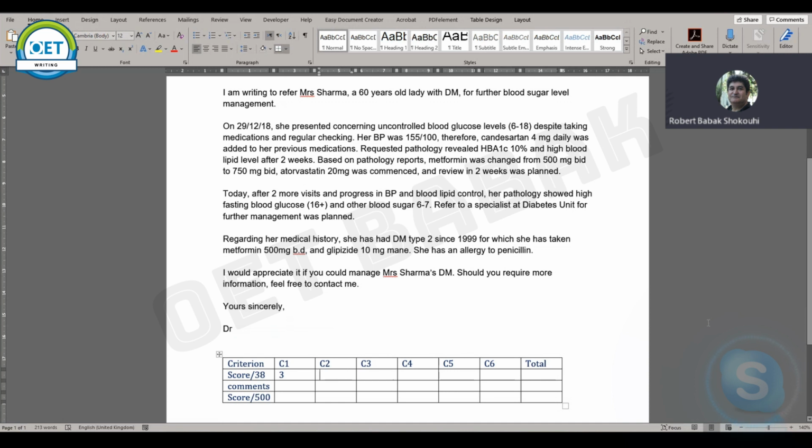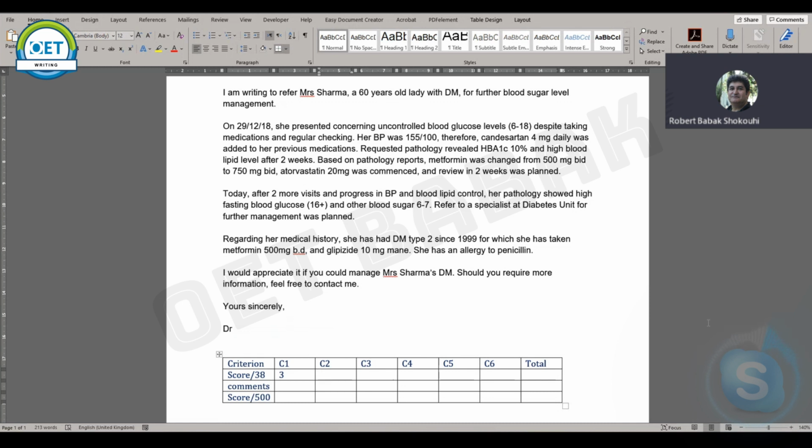But you know, this case is Mrs. Sharma has had high blood sugars, and then she came in, her blood pressure was high, candesartan was given, blood test results showed HbA1c which was high, cholesterol which was high,